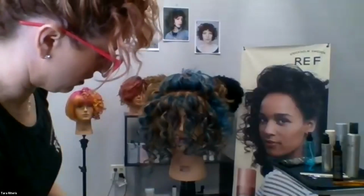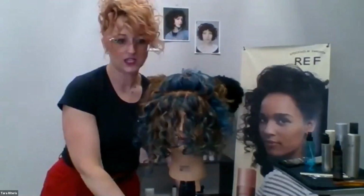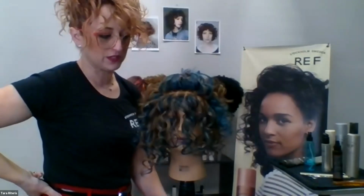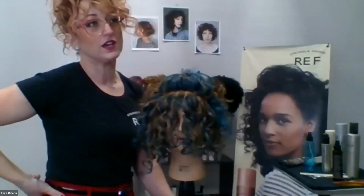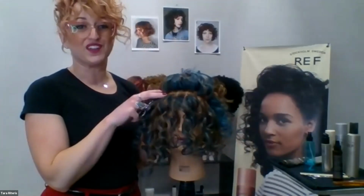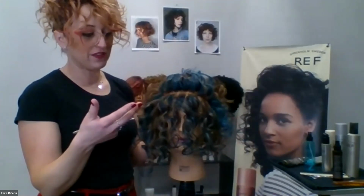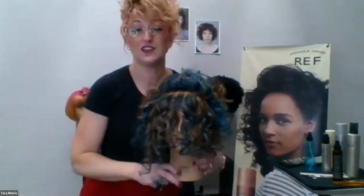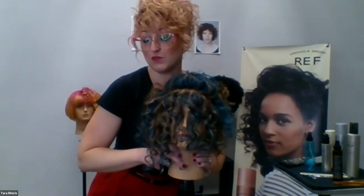I love my curly hair clientele. I oftentimes get asked, how many curly clients do you have versus smooth hair clients? And I can't answer that. I should actually look at my numbers. Maybe I could actually find a number on that. But honestly, since I keep building this craft, I feel like I want to say almost 75% of my clientele